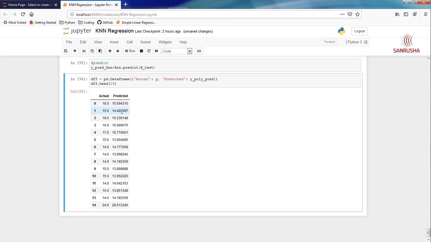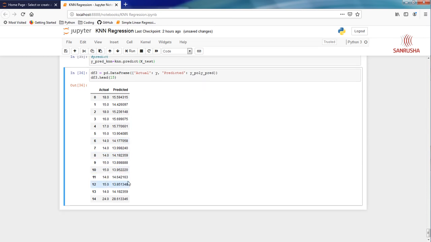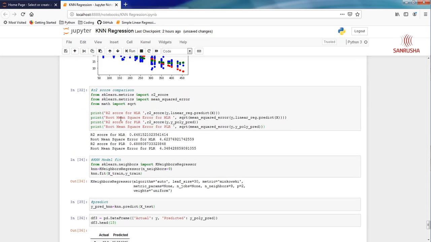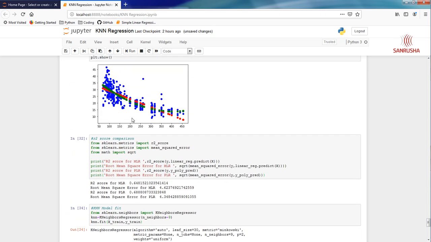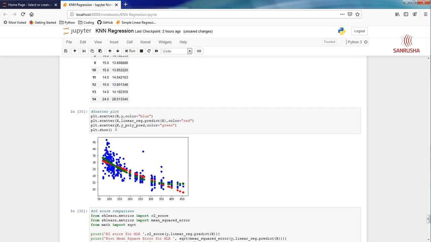18, 15, 15, 14, 18, 15, 16, 15, 15, 13, 14. Looks pretty good to me, but how do we ascertain that this is better than the previous one? Remember, the first thing we did was create the scatter plot, so let's extend this scatter plot. Let's do that.